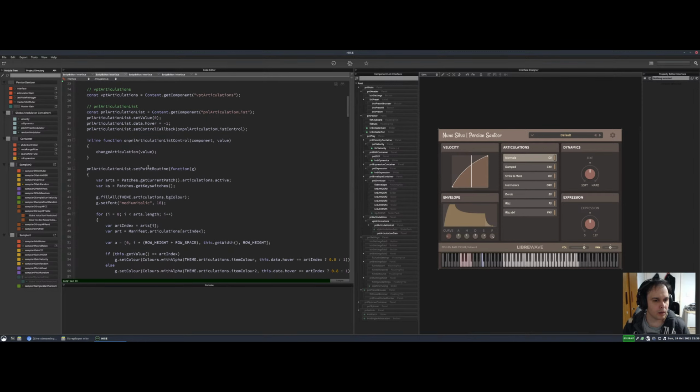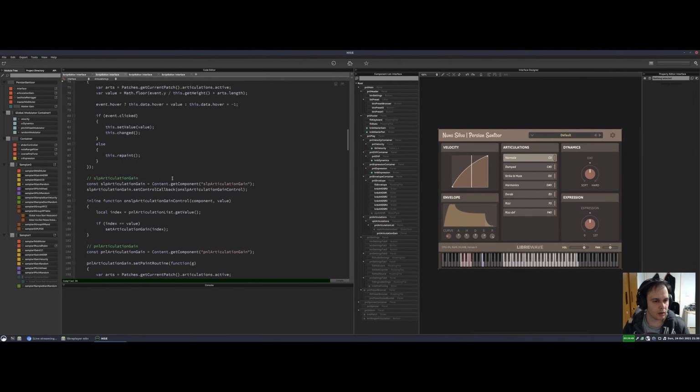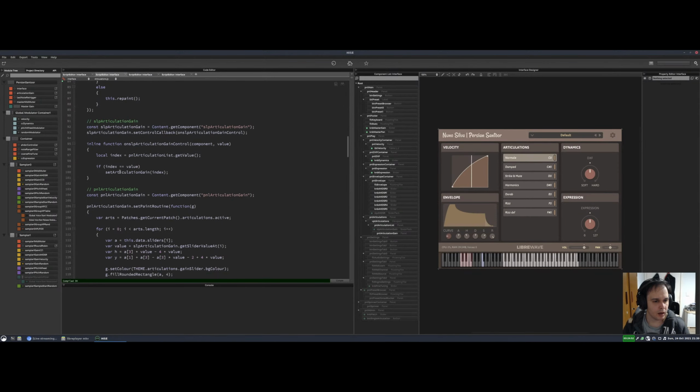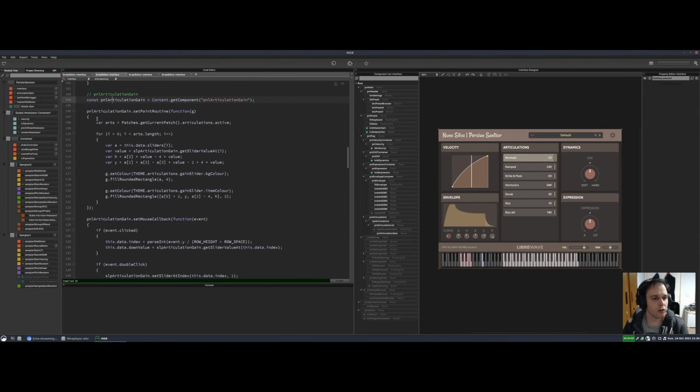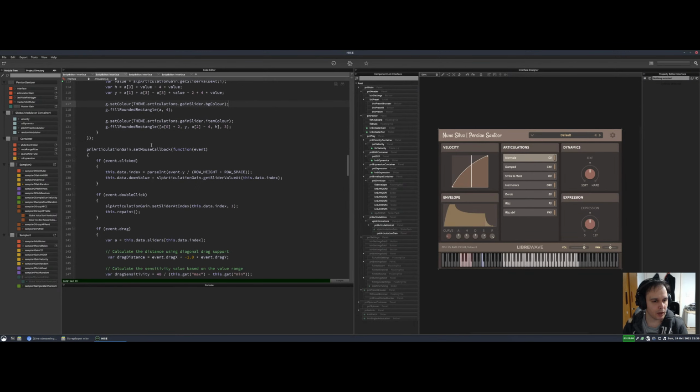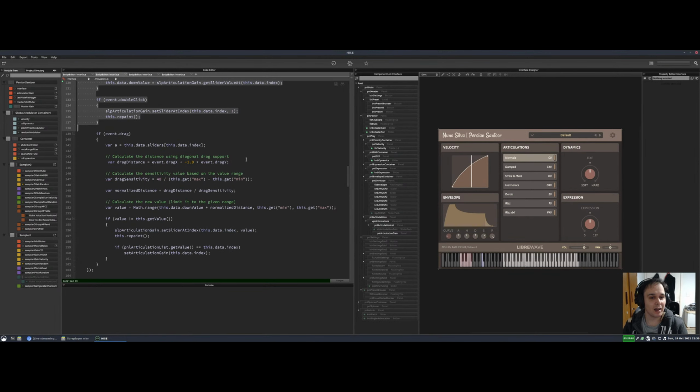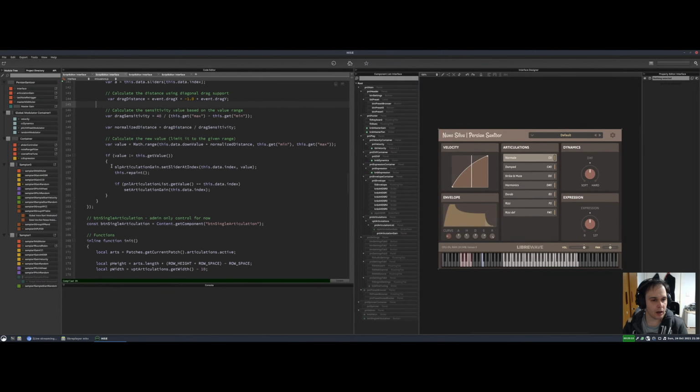So set paint routine, articulation list, mouse callback. Panel. Okay, so this is for the gain panel. So yeah, this is where I'm doing that calculation to find out which slider's being moved. No, it's not. That's the one where I'm painting it. This is the one where I'm finding out where it's being moved. So calculating the value and all that good stuff to figure out which slider the mouse is over. And then what am I doing? If the value does not equal the current value, so that's for, okay, so if I've changed the value